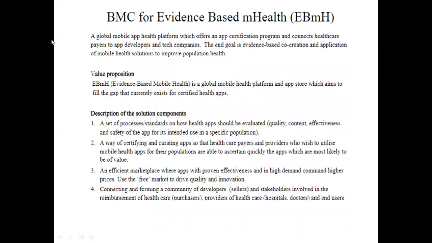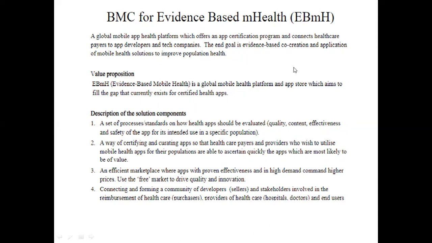So sorry. The next one is the BMC for evidence-based M-Health. A global mobile app health platform which offers an app certification program and connects healthcare payers to app developers and tech companies. The end goal is evidence-based co-creation and application of mobile health solutions to improve population health. Value proposition: EMH, evidence-based mobile health, is a global mobile health platform and app store which aims to fill